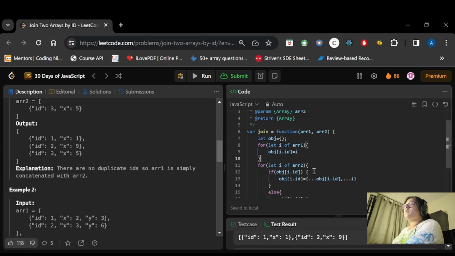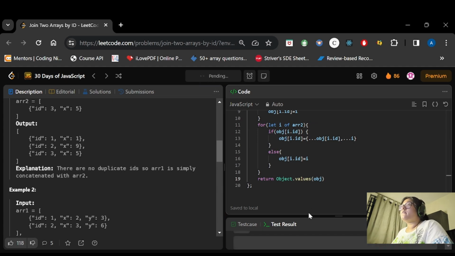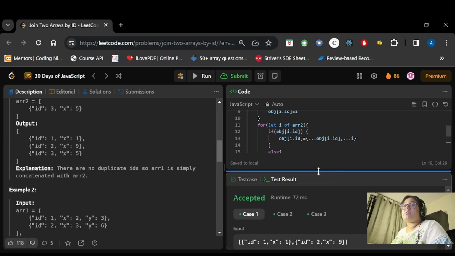Okay, I need to return the values, right? I haven't returned any values. So I will return the values of the object, and it will return the values in the form of an array. So the sample test cases have passed.